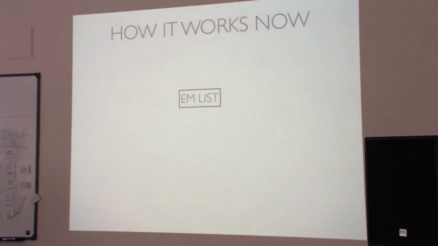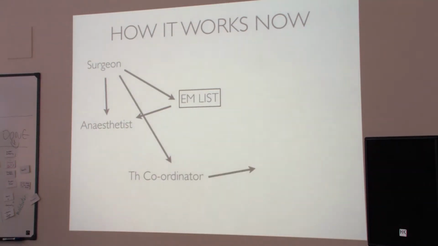So the way it works now, if you've ever been in theatre, you know how it works. The emergency list is there, the surgeon comes along and books a case, and then tells the anaesthetist. He or she has to be told by the surgeon, has to have a look at the list, and then decides to discuss it with the theatre coordinator. The theatre coordinator discusses it with the theatre team and has to confer with the anaesthetist, who has to